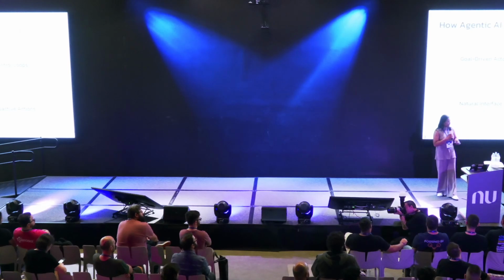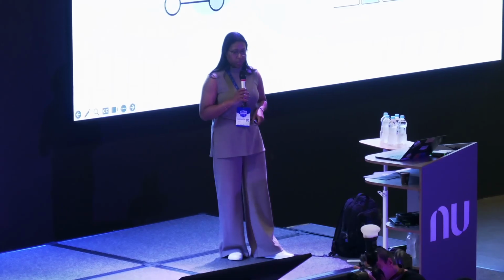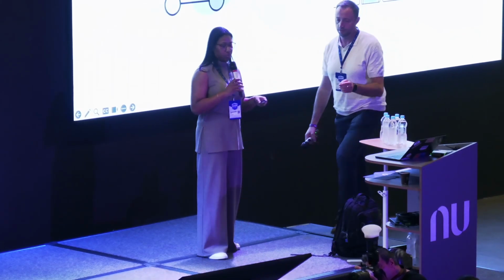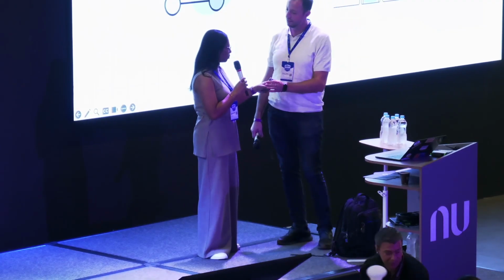So moving from reacting to something's broken in my cluster, I have an error in my cluster, what do I do? We want to focus on having AI say, I'm going to automatically scale when I have this issue. I'm going to heal the cluster when I see this issue. I'm going to optimize scaling, cost and performance in real time. So this is how we envision using agentic AI in Kubernetes. And then Flamor is going to take us through the technical details of what the different pieces are in the architecture.